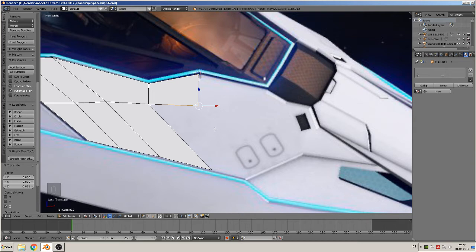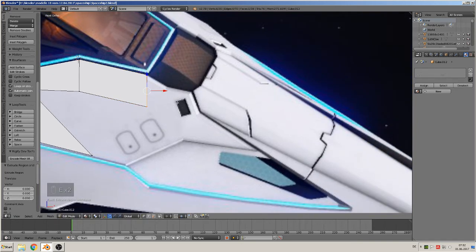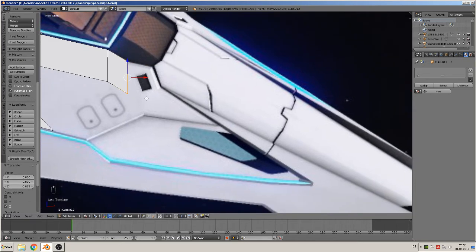Then we can extrude again that here, extrude to the next point that's there, and extrude to the next. And again,